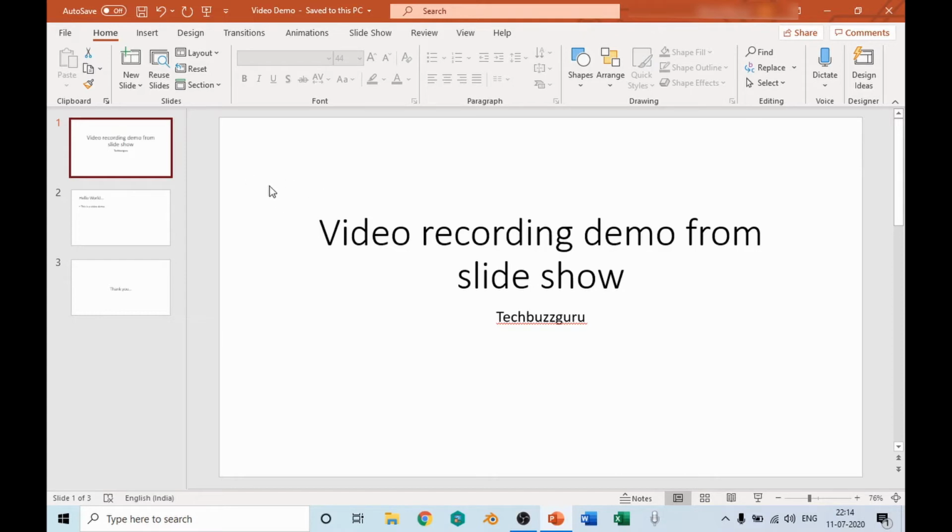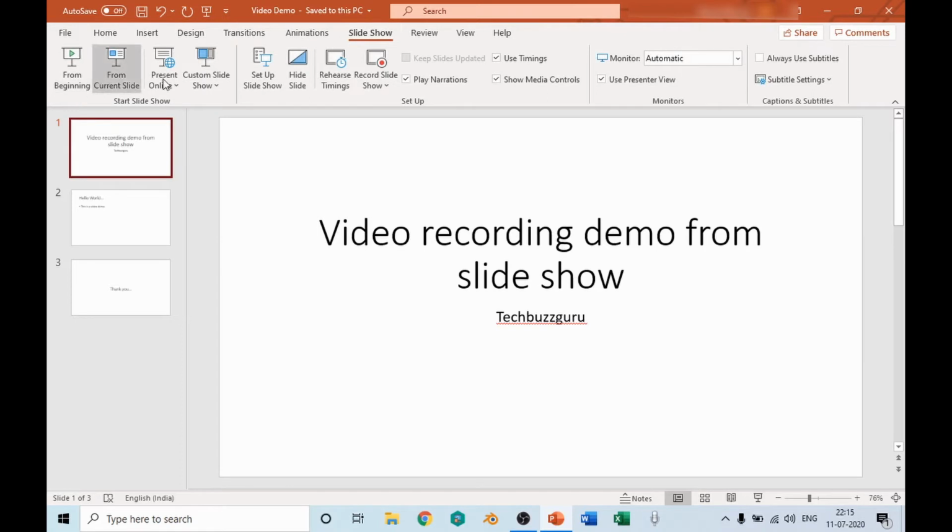Let us take a look at the menu bar items. Here we are presently in the home menu, where we are editing the slide, adding different elements. Then next is insert, design, and so on. Look at the slideshow option in the menu bar, right? If we click on the slideshow, there are several different options available. Within the slideshow, ensure that you select the record slide option.